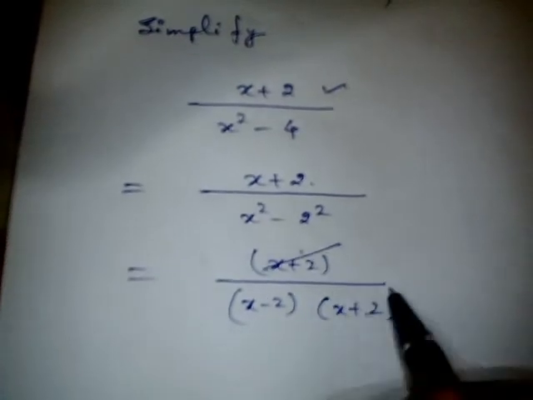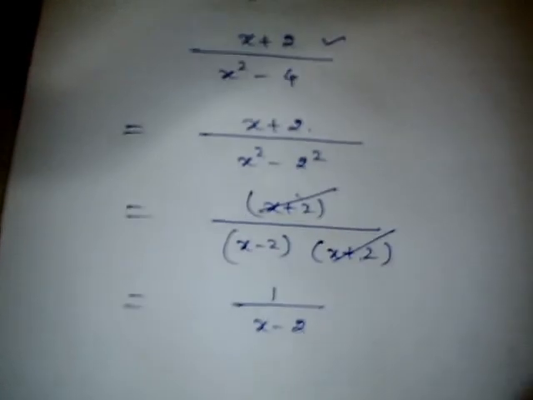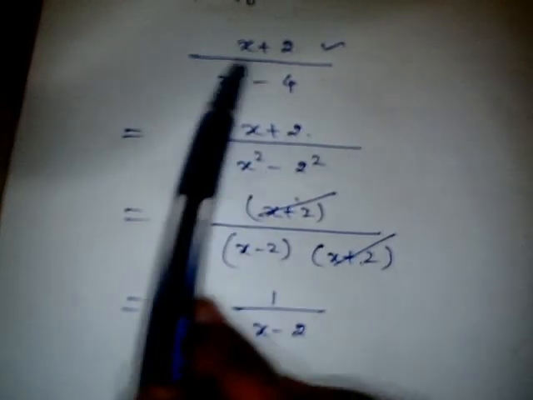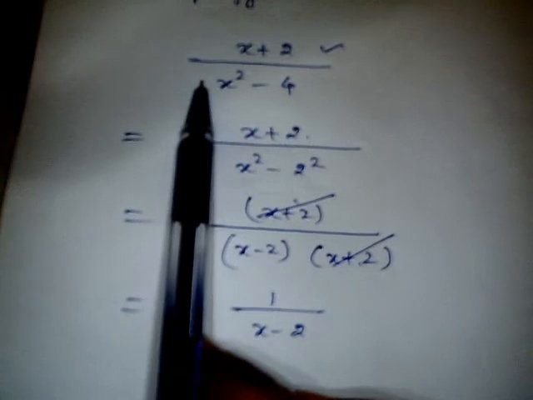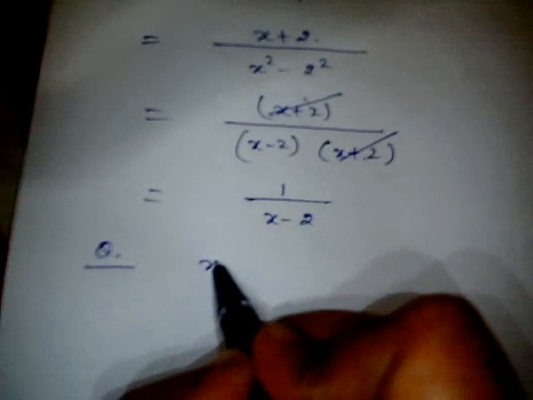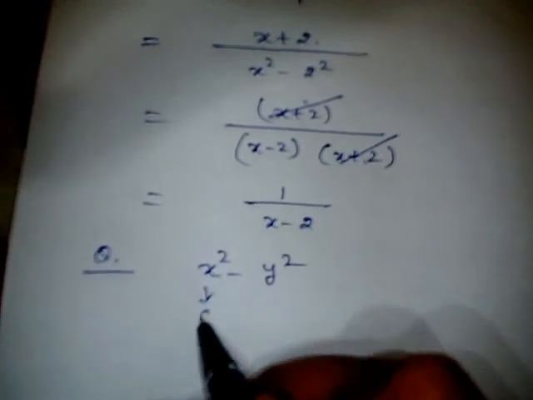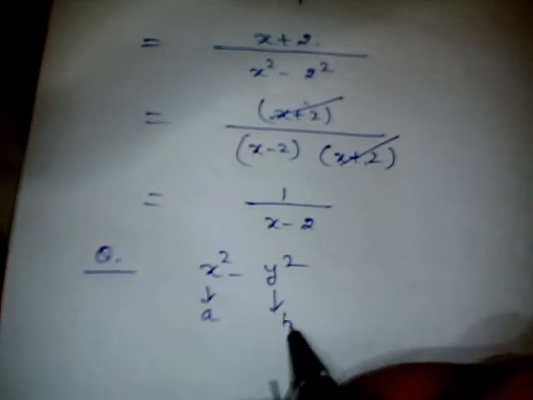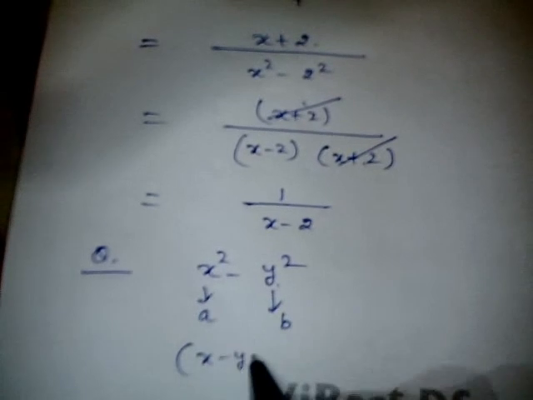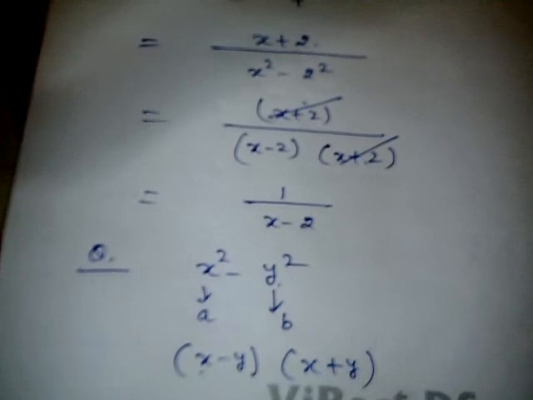This kind of factorization you have seen. One more question I will do in this video. Suppose it is given x square minus y square, how do you factorize? The a place is given x, and the b place is given y. This is already in square form, so we can directly apply the identity. A minus b means x minus y, and the other bracket is x plus y. So this is the difference of squares method. We have done the factorization. We will see more questions in the next video. Thank you.